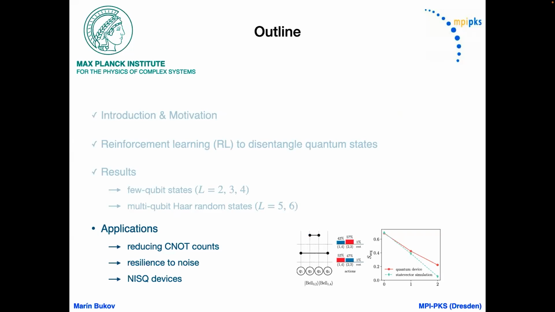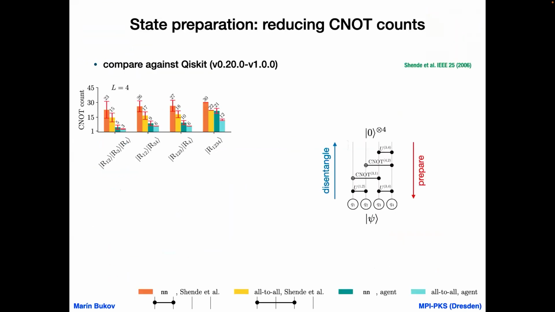Okay, I want to show one application of these things before we close this. So I should say we tested this also for reducing CNOTs. Maybe this is a nice application. So we tested this against Qiskit. So here you see the version of Qiskit. As I explained,